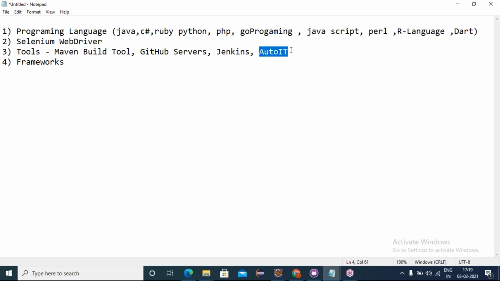Okay, AutoIT is one of the tools. Using the AutoIT tool, friends, we will be automating Windows components. My Selenium WebDriver purely automates web elements only. Web elements means the elements presented in browsers. Those are called web elements. So Selenium can automate web application elements only, not Windows elements. So when working with Selenium web applications, if any Windows related things come up suddenly during execution, how can I handle that?